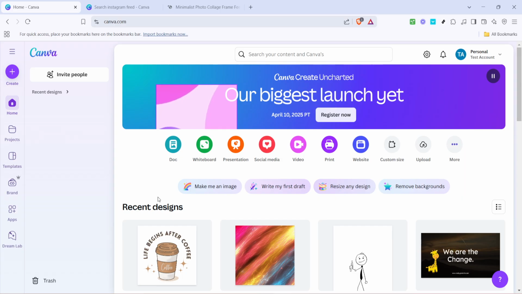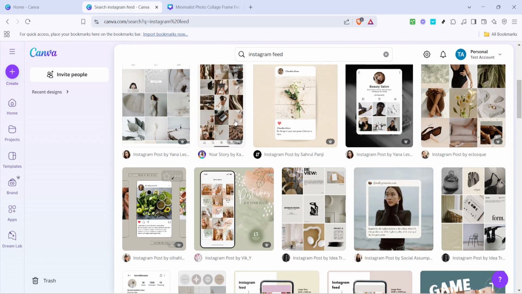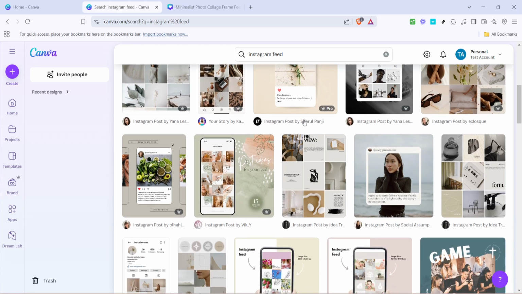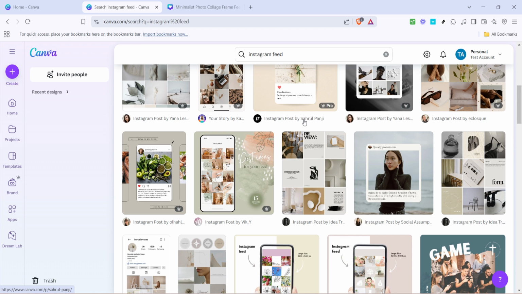Let's dive right in. To start, you want to navigate to Canva's website, and in the search bar at the top, type in Instagram feeds. This simple action will open up a plethora of templates specifically designed for Instagram. Canva is rich with options, so take a moment to browse through the different styles available. From sleek modern designs to fun and colourful layouts, you're sure to find something that aligns with your personal or